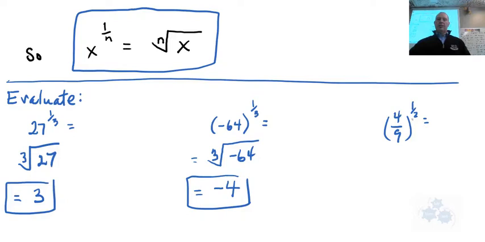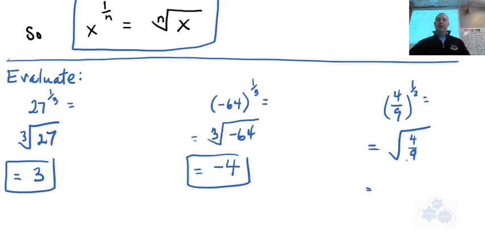4 over 9 to the power of 1/2. What does that simplify to? That's the same as the square root of 4 over 9. Now what you have to remember here is that when you have a fraction,